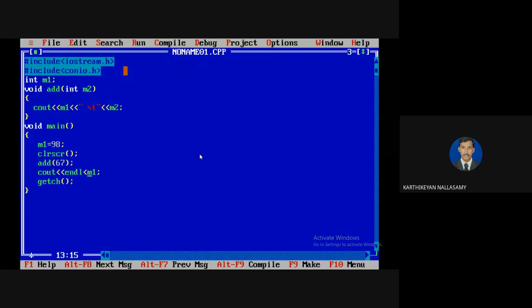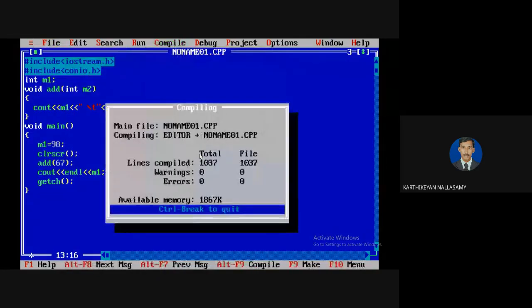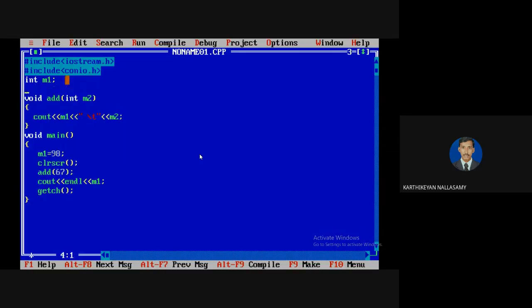Instead of this \n, we can use endl. Endl is a special symbol for printing a new line. It displays m1 as 98 and 67. Here m1 is declared outside of the function, so we can access it anywhere.